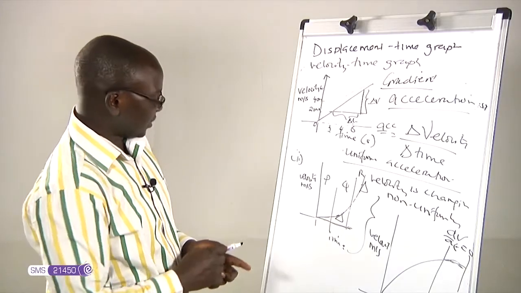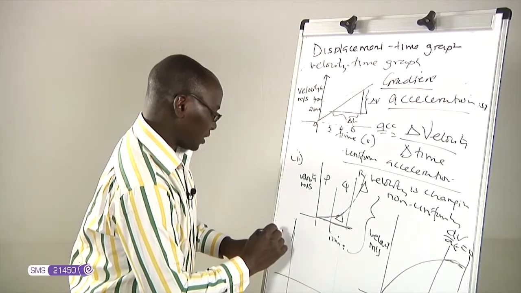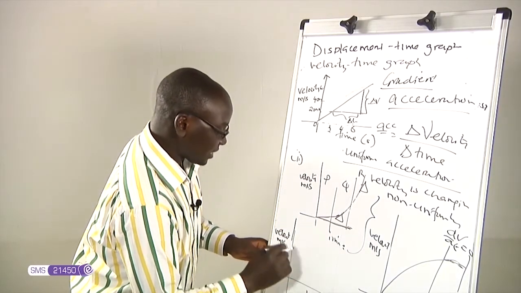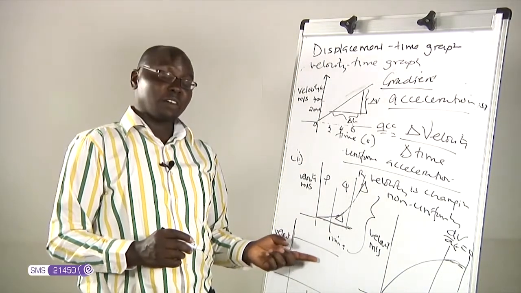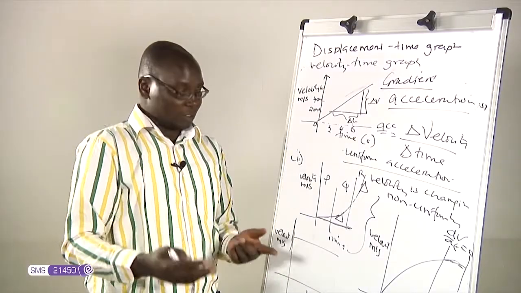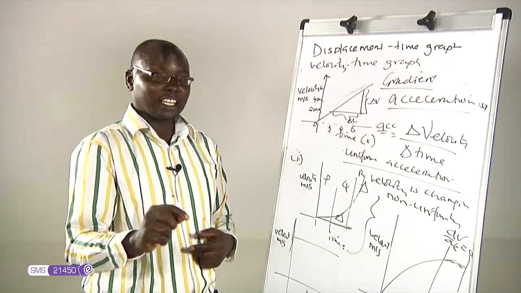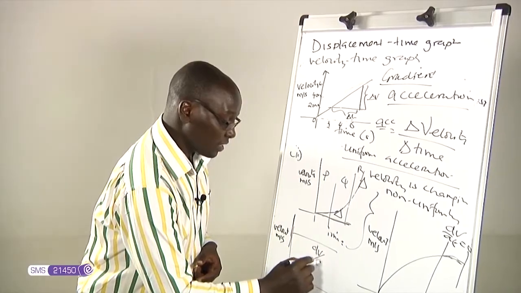Therefore, I need to draw another curve here. Here we have velocity in meters per second. Here we have time. Suppose it is a straight line like this. How can we define the behavior of this body? It's a straight line. I know some students can say that this body is stationary. It is not stationary, because the gradient here is dv, the change in velocity over the change in time,